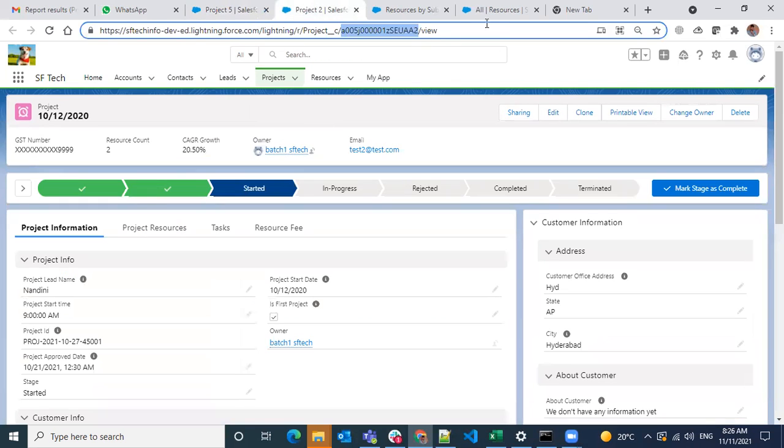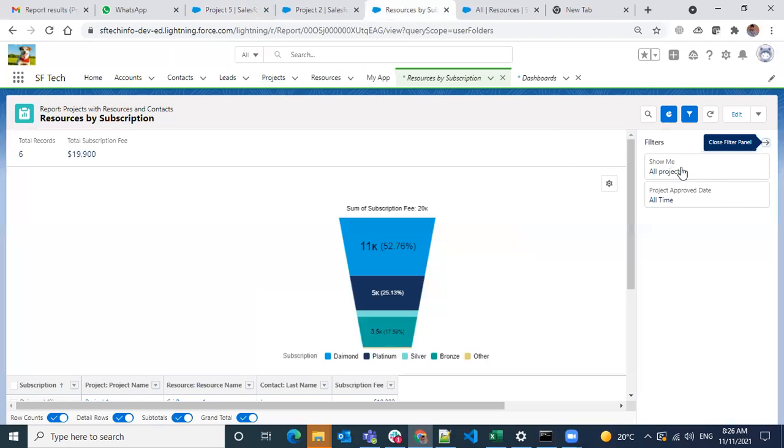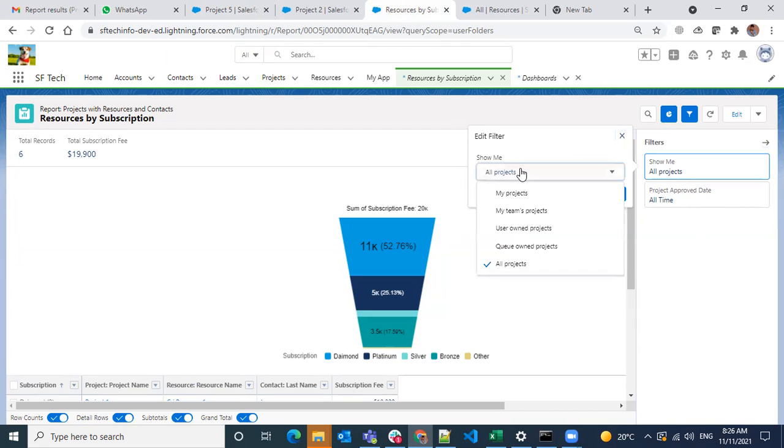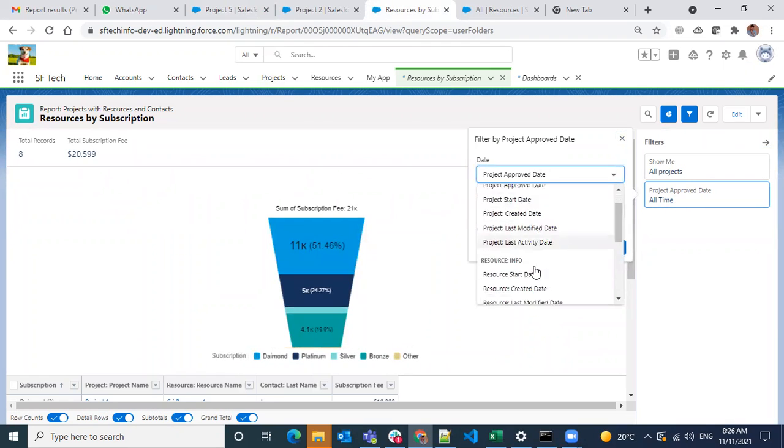Is there any filter that we applied on the report? All projects, queued owner, all projects, fine. Approved data, will do it as well.